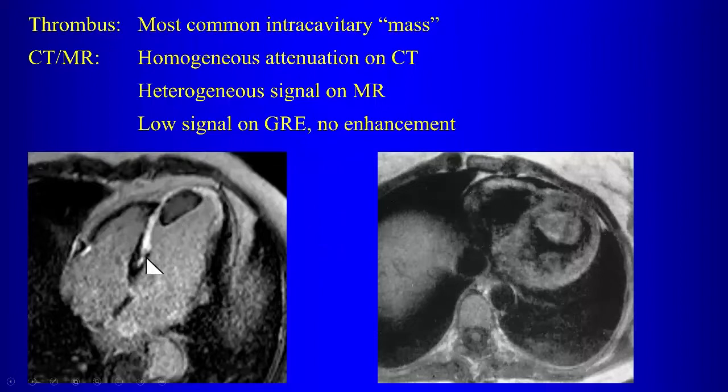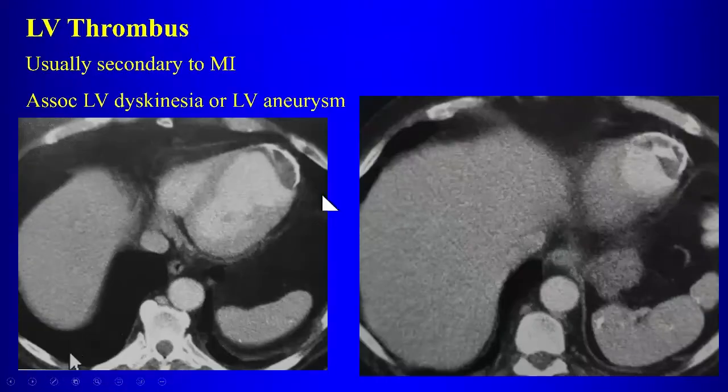So here's a post-contrast imaging. You can see the region of the infarction here, another LAD infarct, and it's a common predisposing condition for thrombus in the apex of the left ventricle. Okay? And then here on CT, we have calcification at the